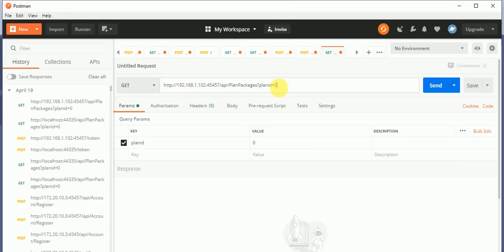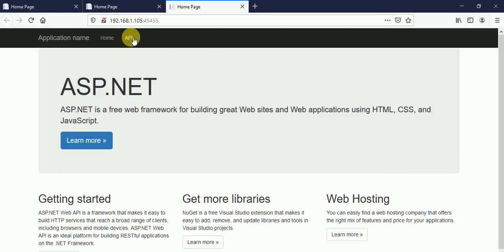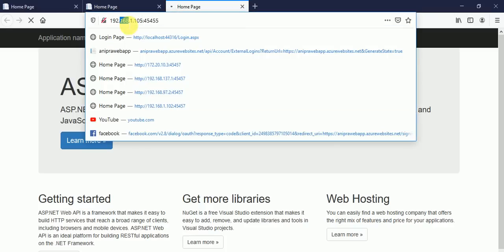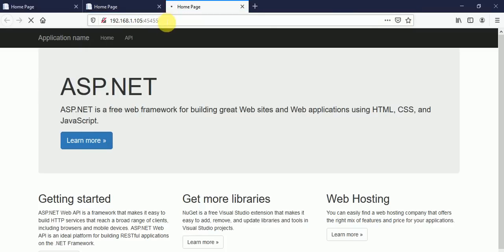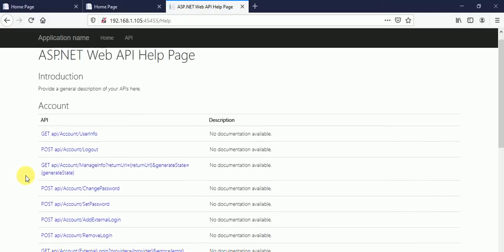Here you can see this is the URL of the web API, and this is the ID. These are all web APIs running on this IP address. If you don't know why we are using the IP address, it is because in Xamarin, if you use localhost, you will get an error, because localhost is not consumed by your emulator or your mobile device.